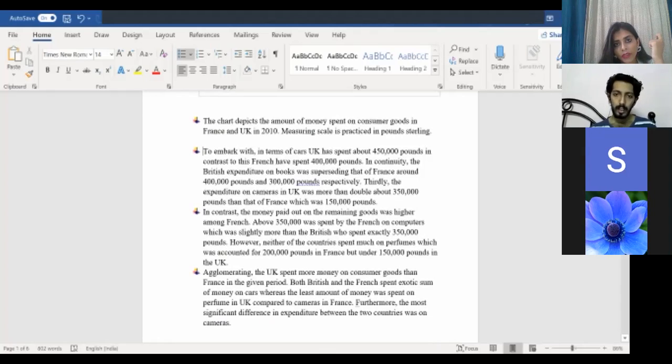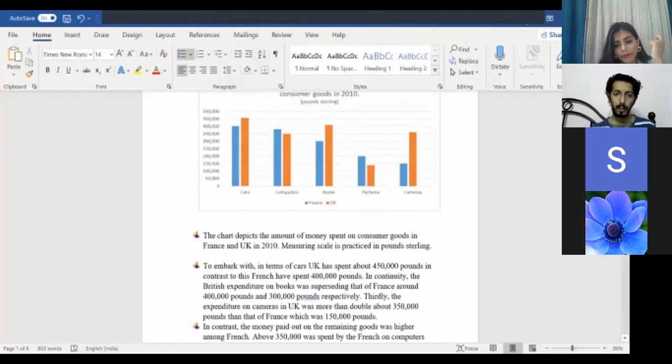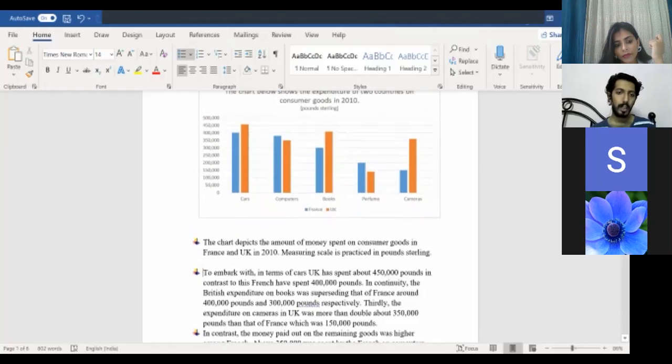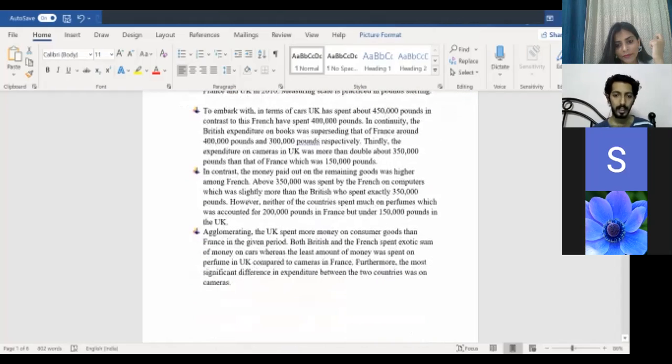फिर again, what's the another significant thing? Well, there was a significant thing जो कि important लग रही थी क्योंकि UK spent most of their money on consumer goods. Again, the most significant thing over here is perfume, क्योंकि किसी भी कंट्री ने परफ्यूम के ऊपर ज्यादा से ज्यादा पैसे खर्च नहीं किए. So that will also be, that can